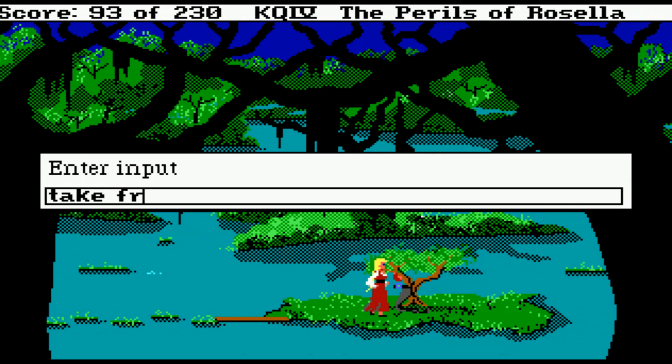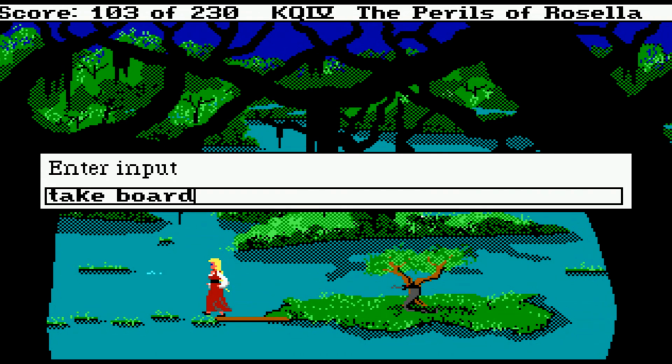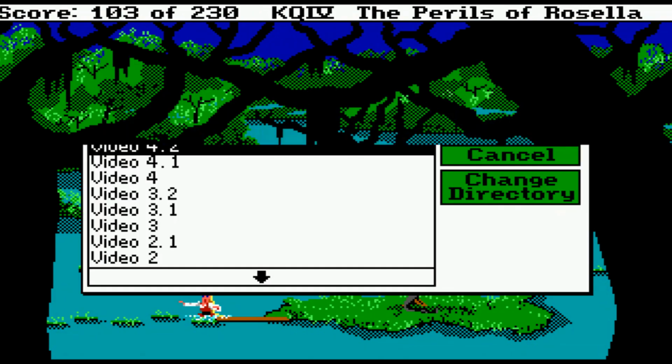Take fruit. And now we have the fruit that will heal Grams. So at least we can get the good ending of the game. But now, there we go. Let's save it again. Take board, because we need it. Oh. Oh, god damn it. No. Oh, no. God. No. Why do I keep...